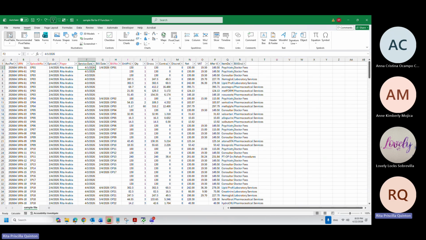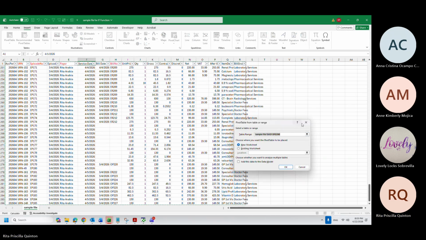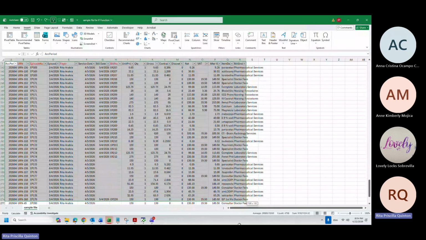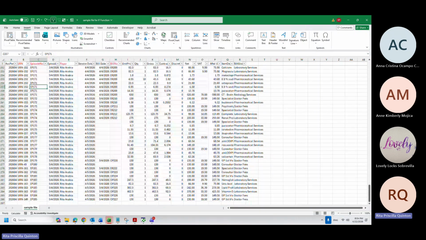So let me insert a pivot table. I went to insert and just clicked pivot table without highlighting all my data. I can click directly on pivot table as long as you click inside anywhere on your cells.